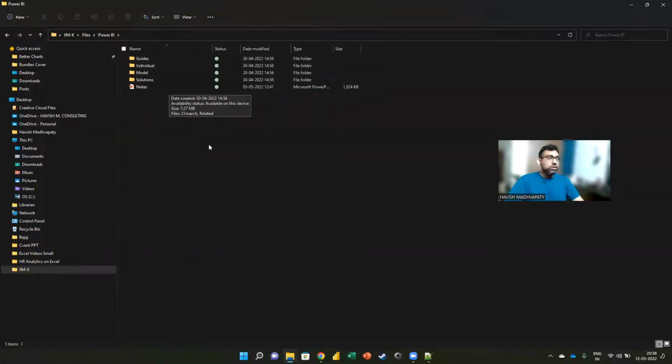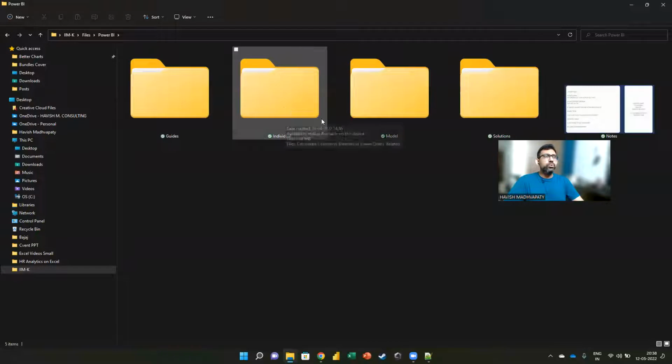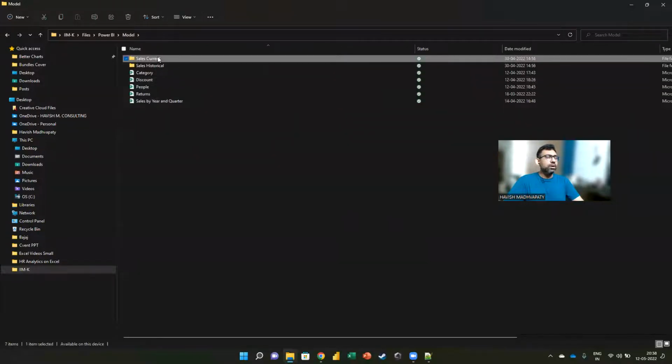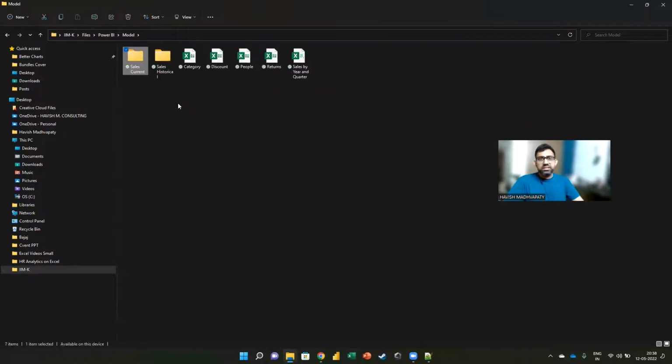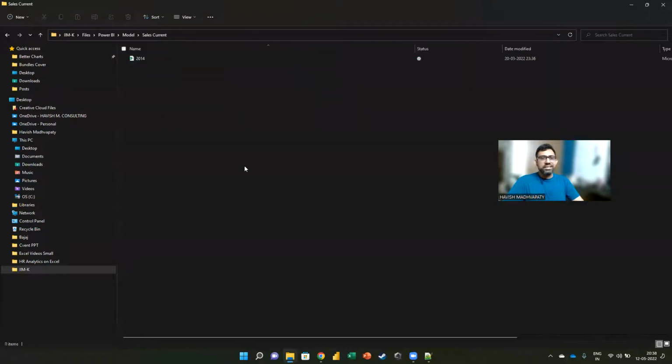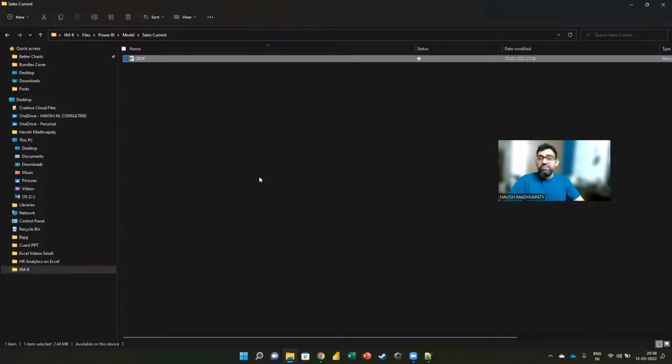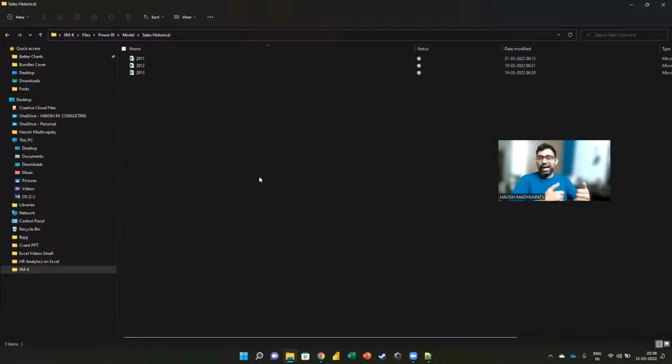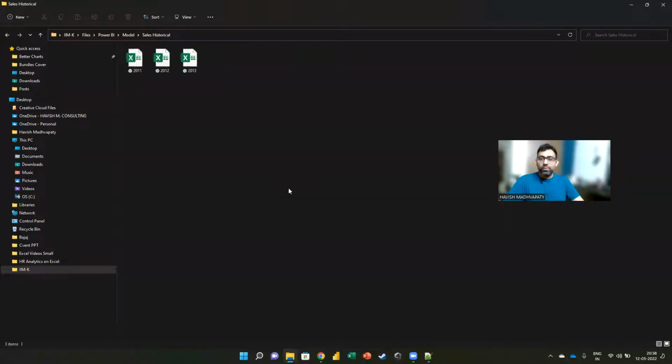Okay, watch this. So I want to show you the model. Okay, check this out. Do you see that there is a folder which has 3 files in it, right? So I have 2011, I have 2012, and I have 2013, right?